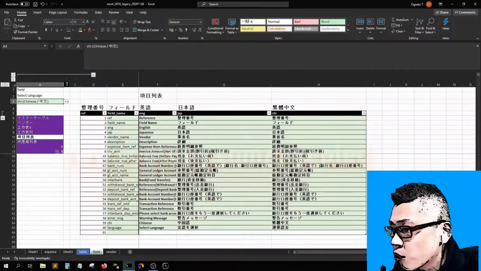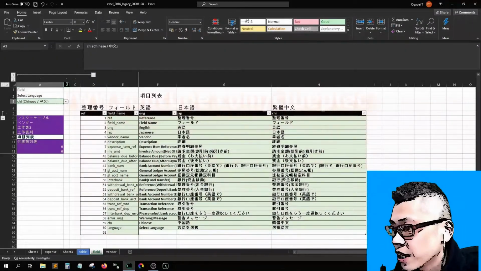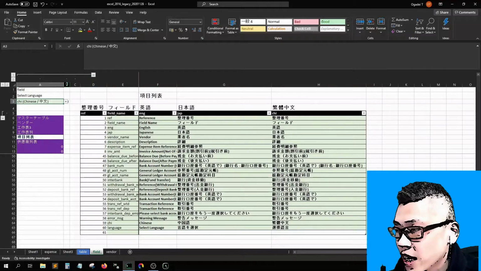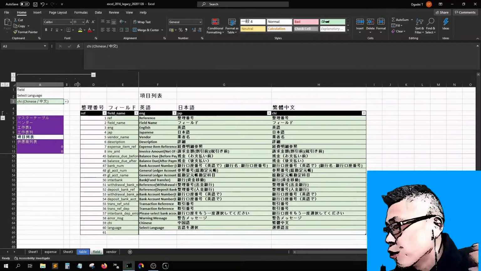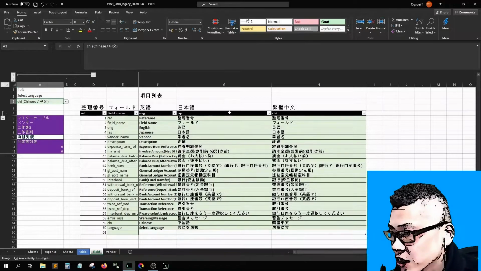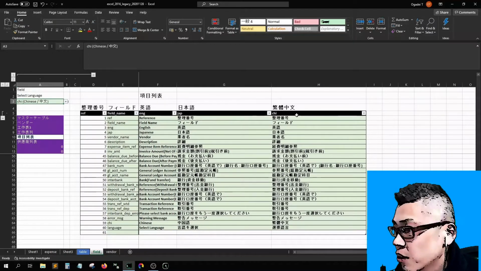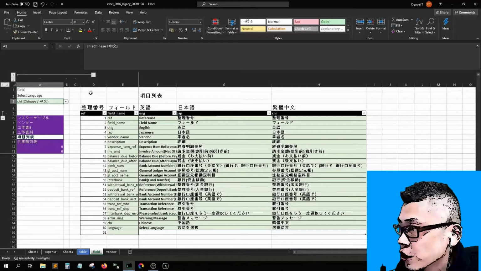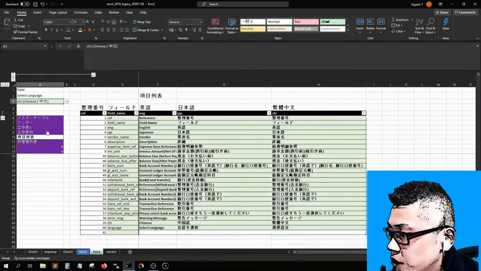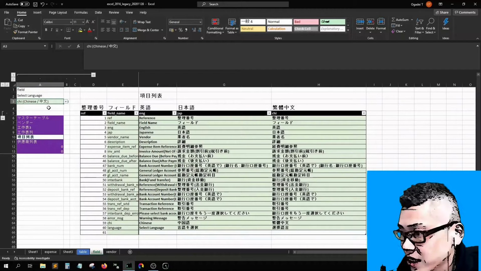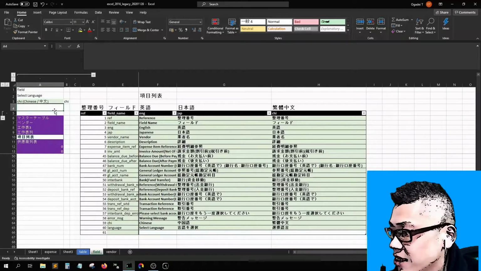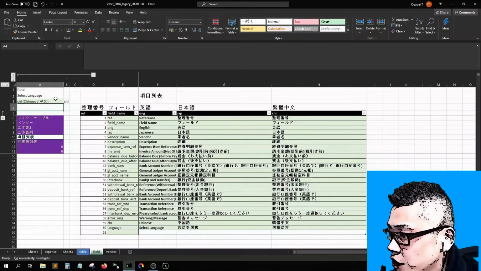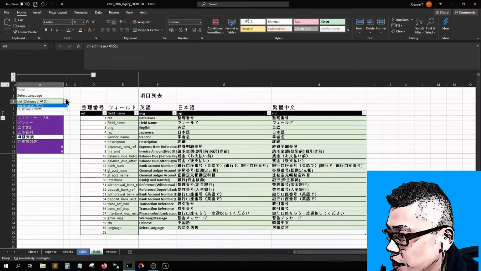You can just ignore the Chinese column because I simply copy the Japanese column to the Chinese column, so you will see Japanese under the Chinese column. Okay. And if you want to make another language, you can just change Chinese to another one. I will show you in the language list that I'm going to create in the next video. Here, I'm just showing you how I fix the toolbar highlight.